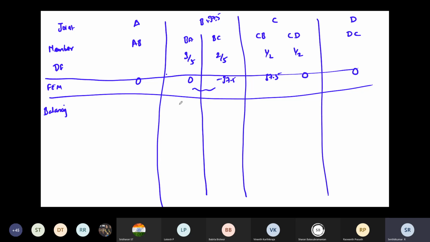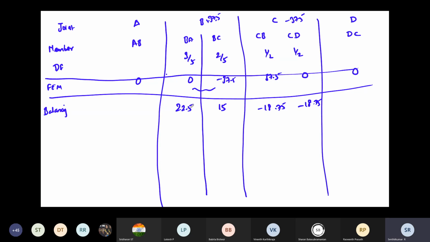So when you are applying like that, you will get 22.5 here and here 15. Like that, at joint C it is 37.5. So minus 37.5 you have to apply based on the 50-50 percentage. So 50-50 percentage, how much will it come? Minus 18.75, minus 18.75. Right?